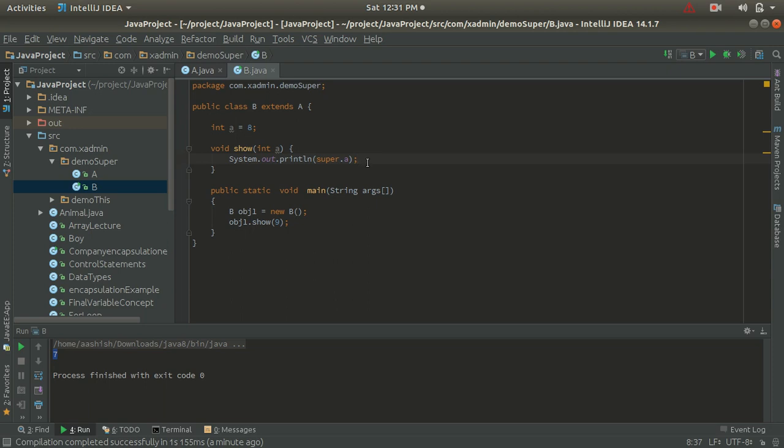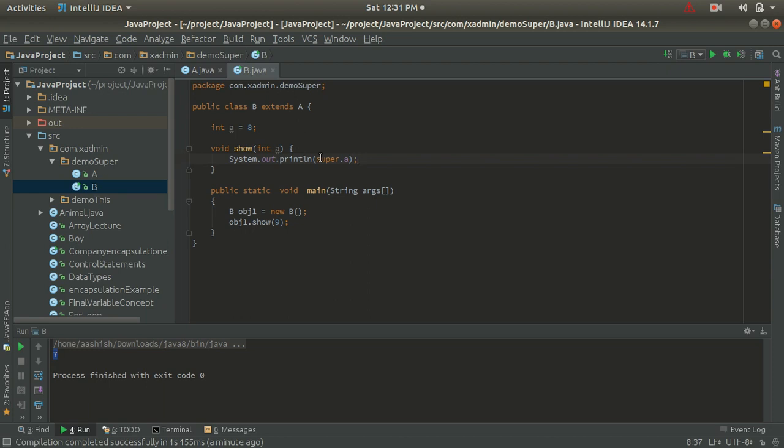Okay, so guys, this is a simple example to make you understand the difference between the this and the super keyword. And guys, here you can see that I have used a super keyword to access the parent class instance variable, right?